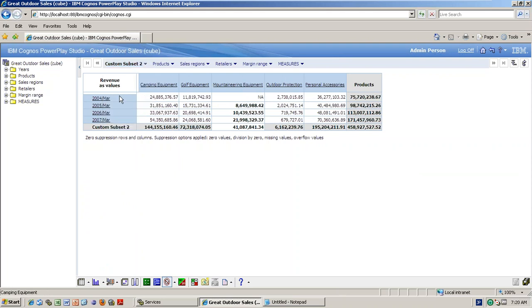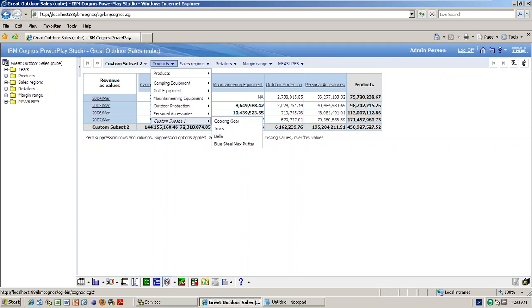And please remember, all these things are 2004 March, 2006 March, 2007 March, all the March values are there. And for these values, for the highest priority countries, whichever I selected as a custom subset, I can see at work. So this is how you can get whatever you want. You create subsets and you can use them.